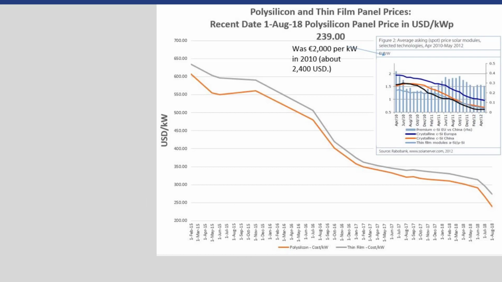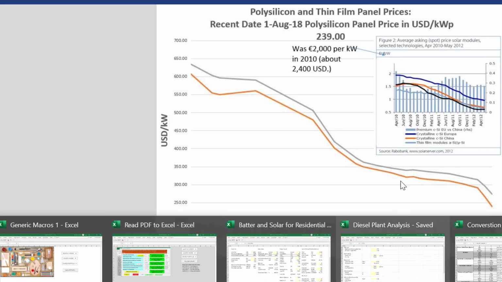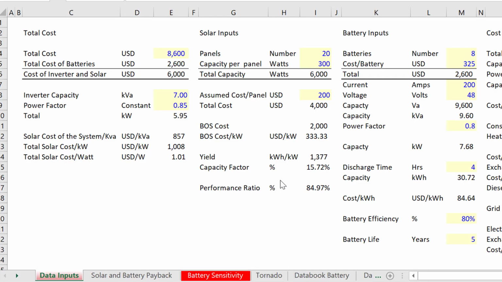And when I see these things of 3,000 per kilowatt or 3 cents when the cost of the panel itself is 0.2. I know your friend Donald Trump put the tariffs on, so maybe you can't get all that savings, but whatever. Why is it so dramatically different? Okay, so that's our total cost, and then we go to the solar inputs and we look at